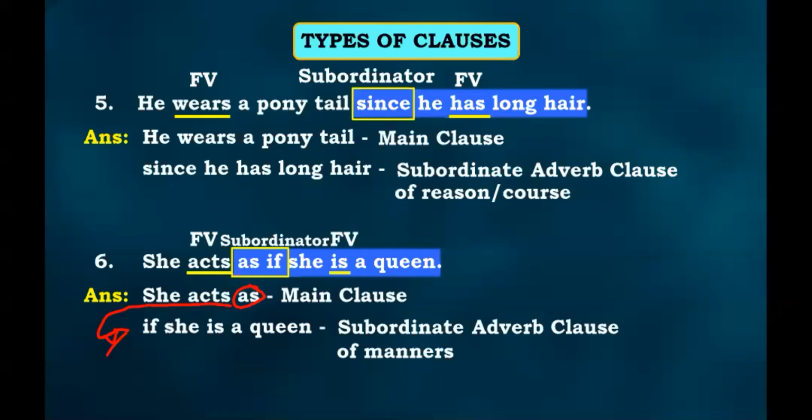Okay. Now listen to this. We are done with the first four types of adverb clause. ठीक है हम लोग ने four types देखे adverb clause के: time, place, reason and manner. And they were really too easy. Time is when, place is where, reason is why, and manner is how. For the next five types, understand the logic and the reason behind it, and I'm sure you will be able to crack it. It's very easy.